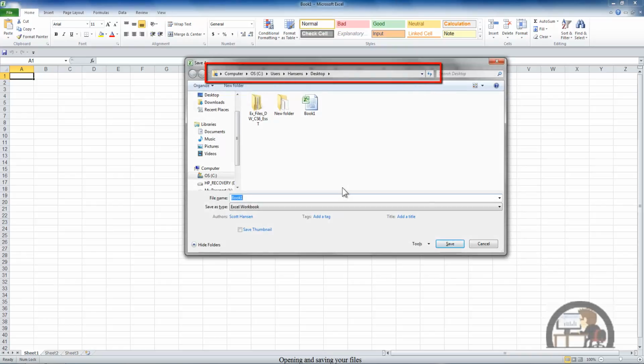So if you find that you're saving your files to some other location than the default, you can change the default to be that location you frequently use. But once you pull up a file from wherever it is that you got it from, and you go to save it, Excel will save it back to that original location